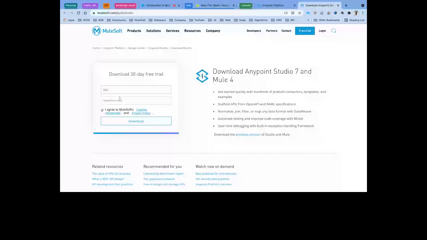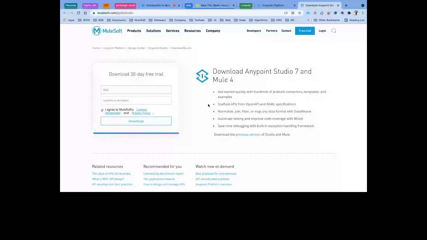Once you download it, it will start downloading. I think the setup is approximately 2 GB, so it might take some time based on the speed of your ISP, whatever you've got. Once you've downloaded it, for Mac OS it is a DMG. You just need to double click and then move it to the application folder. For Windows, you will see a zip file that you just need to extract, and you will see a run file, basically the executable file.